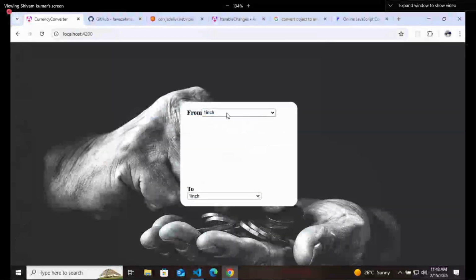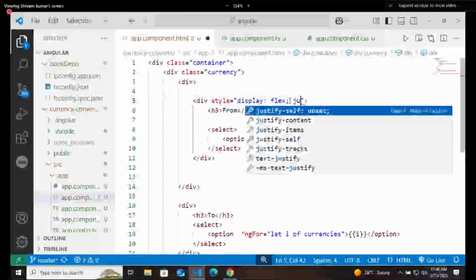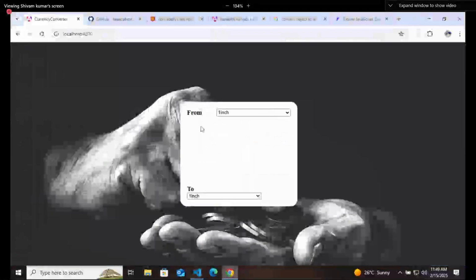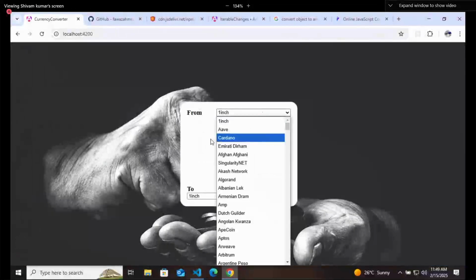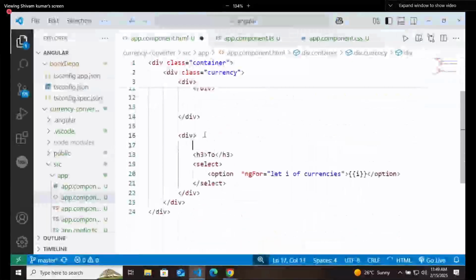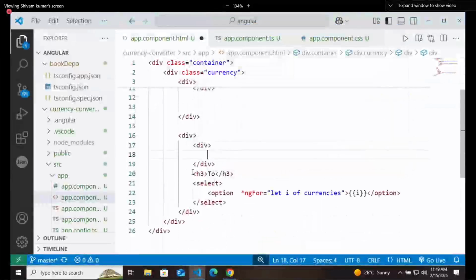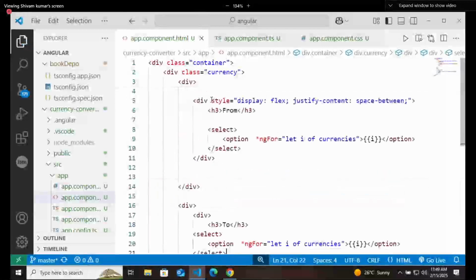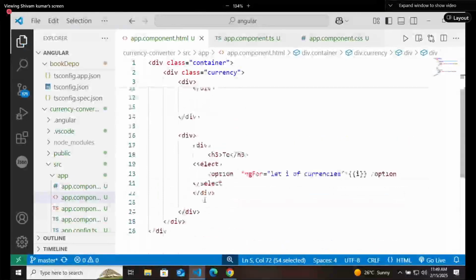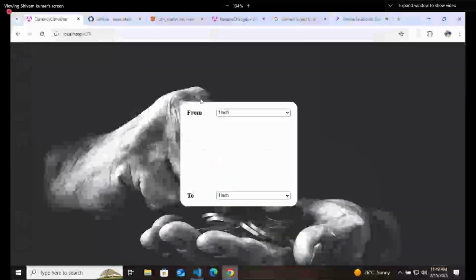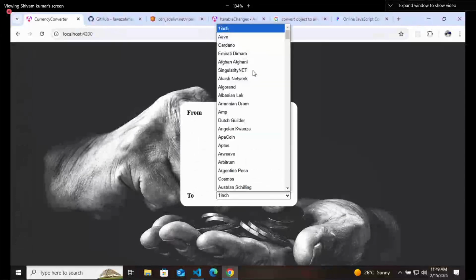Both are coming in the same line, and you can add justify content space between so that they have a space between them. From this to this, I will do the same thing: create a container, keep these two things inside it, and write the same style.